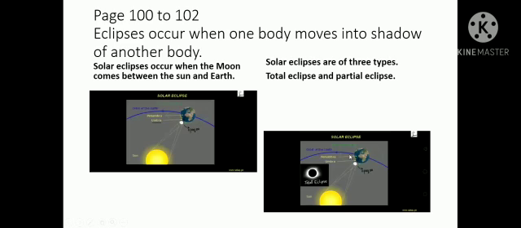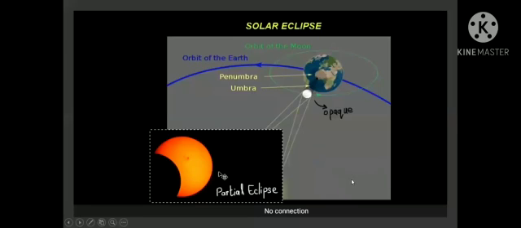Solar eclipses are of 3 types. 2 types have been discussed here, that is the total eclipse and the partial eclipse. You can see here, when the complete moon is under the path of the sun and the earth, then the total eclipse can occur. So this is the representation of a partial eclipse. You can see here the diagram of partial eclipse